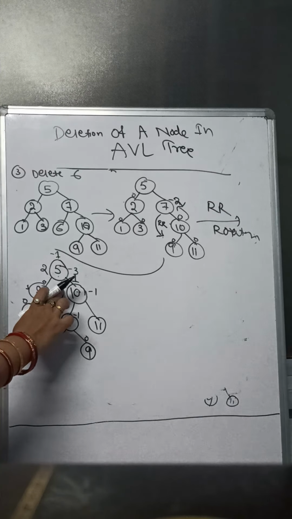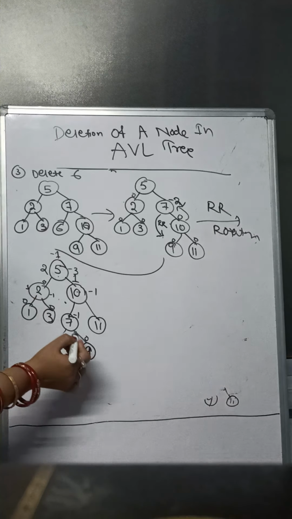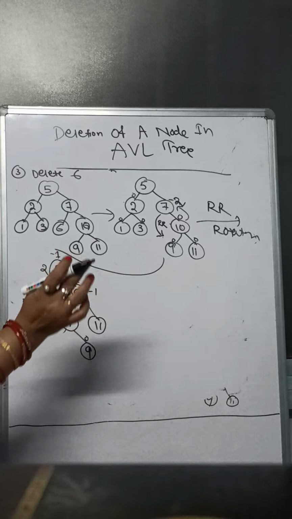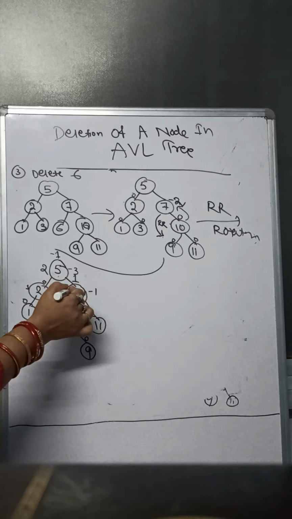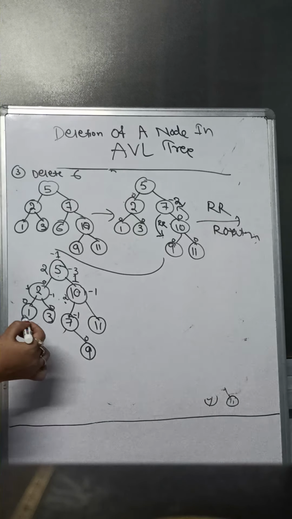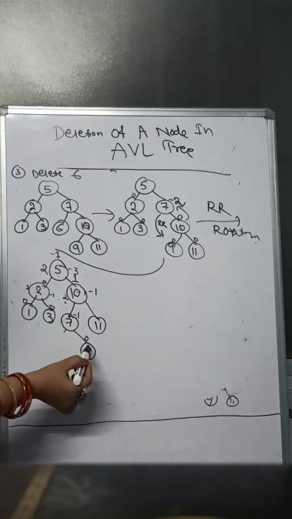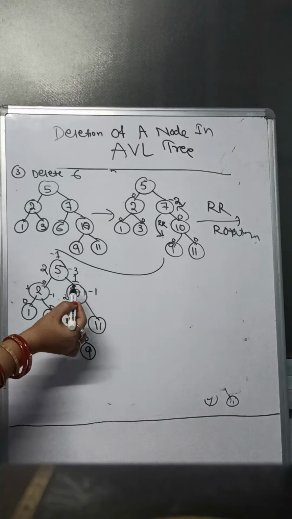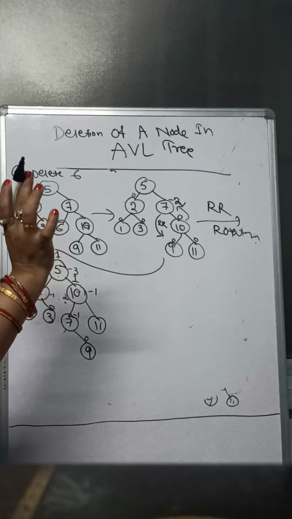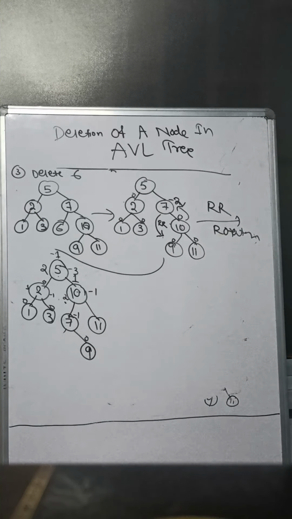So again your 0, 1, 2 means here 2, left side, right side 0, your -1, 2 and -1, 1. Again this is tree also your balanced tree. Again this part 0, 1, 2, 2, 0, -1, -2, -3. 3 -3 and 2 difference is -1, so tree is balanced, okay? Then what I have to delete? Then I have to delete 2. Then I have to delete 2, okay?